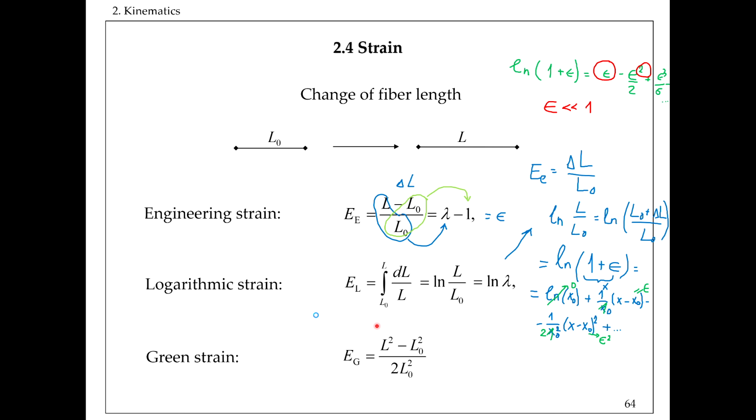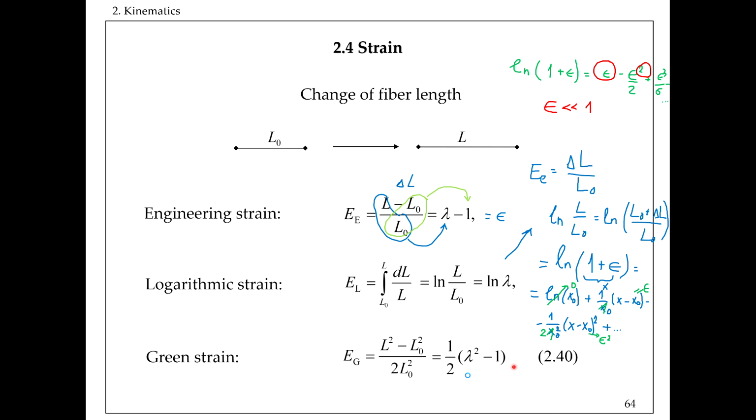Okay, so we can also write this in terms of the stretch ratio if you like. That's very simple. When we divide L square by L0 square, that will be lambda square, divided by 2, and this is just 1 here. So we have half lambda square minus 1. Okay, so this was in one dimension, and eventually we would want to generalize it